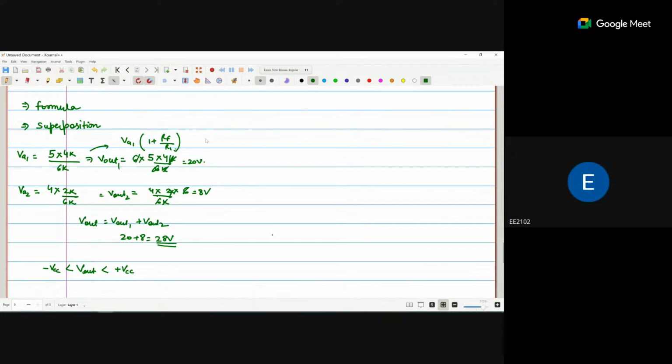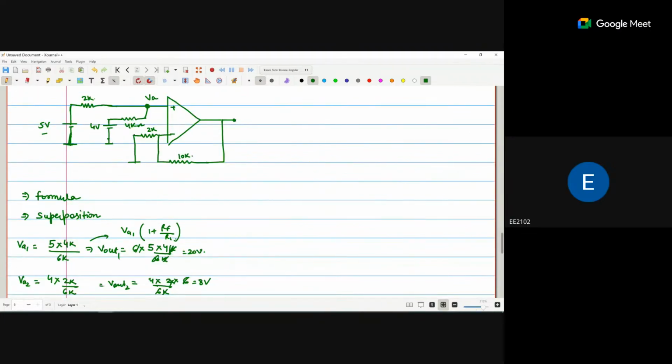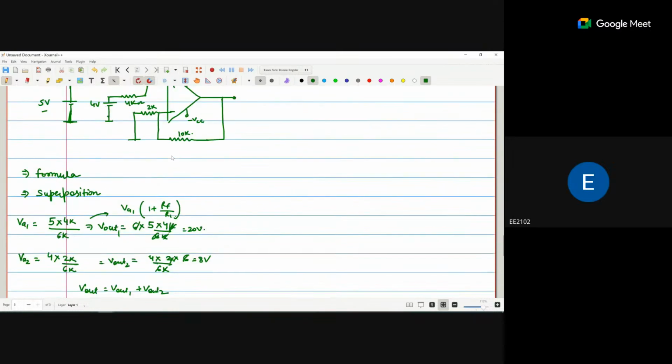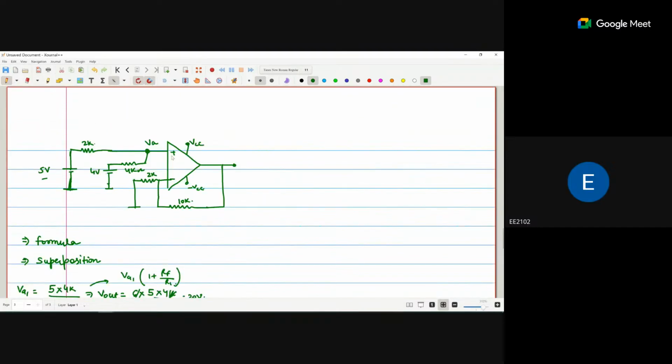We connect a positive supply and a negative supply to operate this op amp. This is the plus VCC and this is the minus VCC. In this question, we are not mentioning what plus VCC and minus VCC are, so we are saying the V out is 28 volts. Clear? For example, if I mention that plus VCC is 10 volts and minus VCC is minus 10 volts,